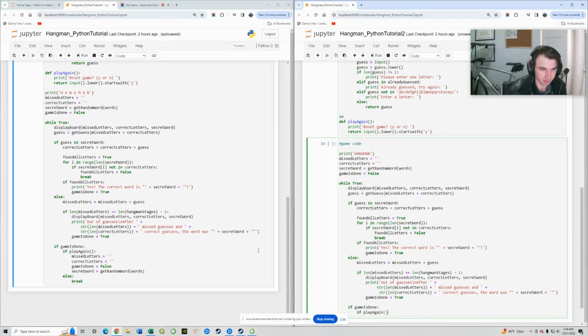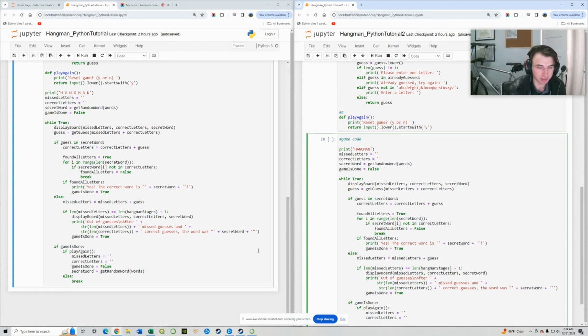Okay. All right. So, if we're playing again, what we're doing is essentially resetting everything, akin to how you would reset everything if you were playing on a chalkboard. We are resetting the variables in the game. We are erasing the blanks, we're erasing letters, we are erasing everything, and